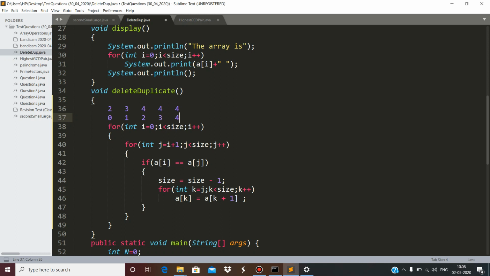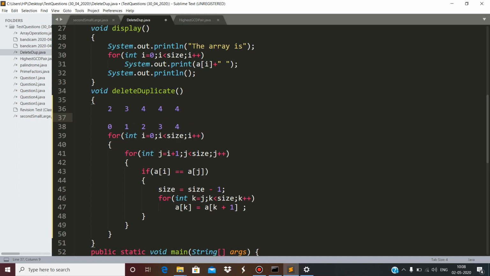Initially the logical size of the array was 5, but when we delete the first duplicate, the logical size will get decreased. Why am I talking about logical size? Because an array is a static data structure. Once it is declared, its size is fixed. It means there will be no change in the physical size, only the conceptual size will decrease.